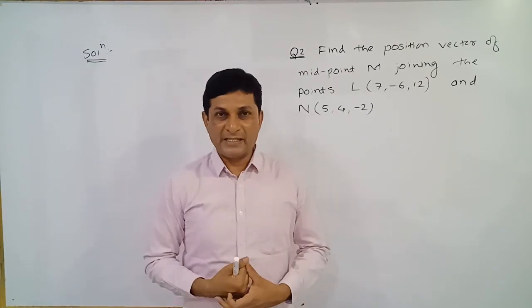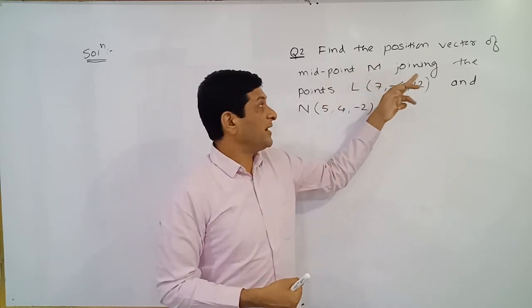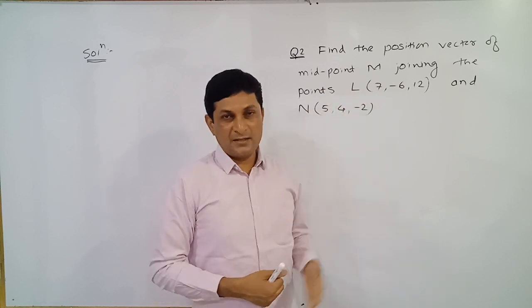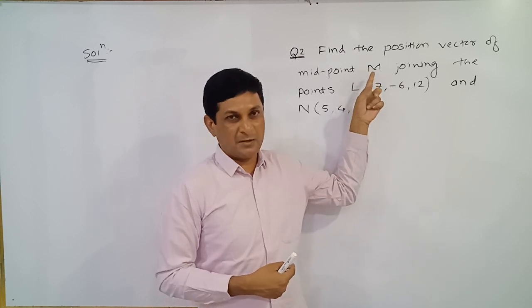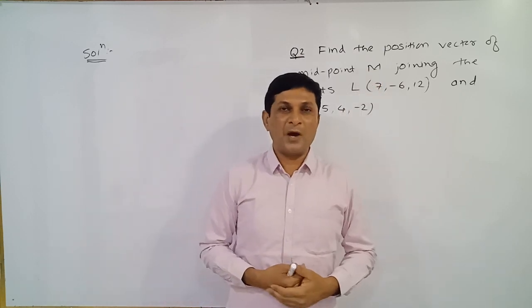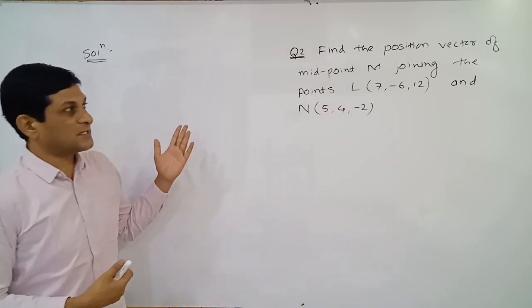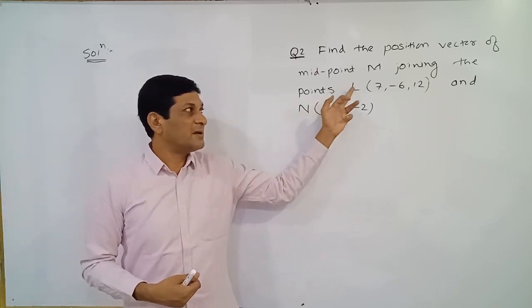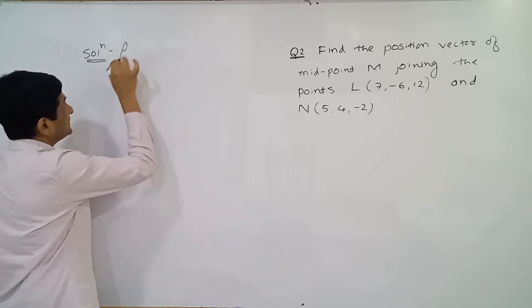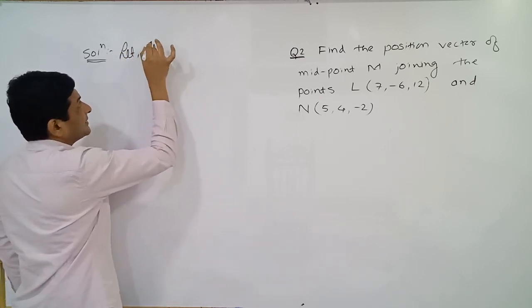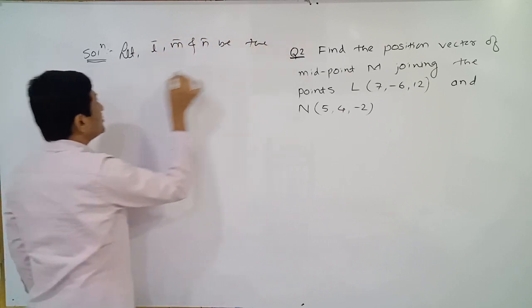Now see, in the second example, we have to find the position vector of midpoint M, the midpoint of the segment joining L and N. Means one segment LN is given to us and the question is to find its midpoint M. Since we have to find the midpoint, we have to apply the midpoint formula, and all the formulas are in terms of position vectors. So first let us denote the position vectors of these 3 points by L bar, M bar and N bar. So let L bar, M bar and N bar be the position vectors